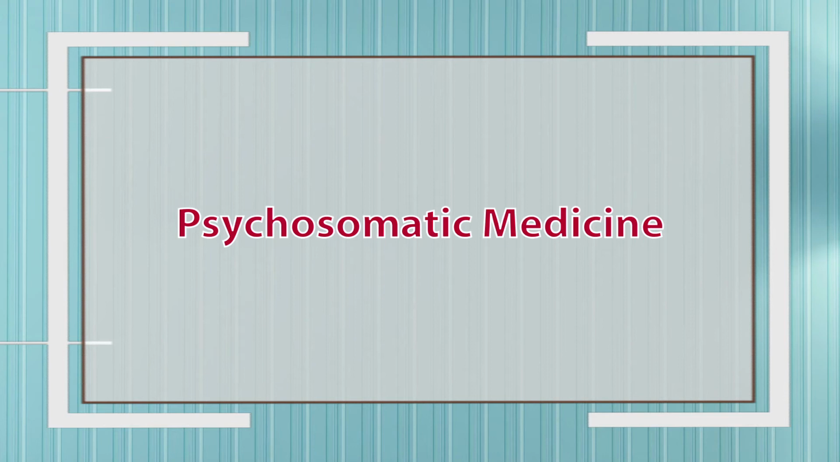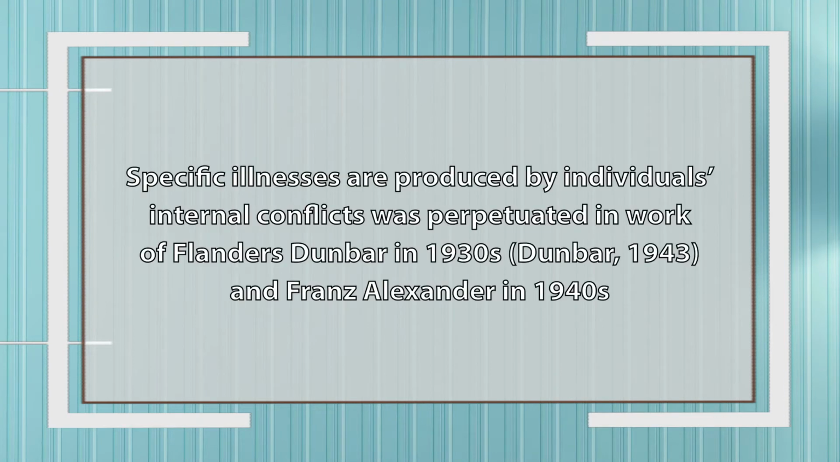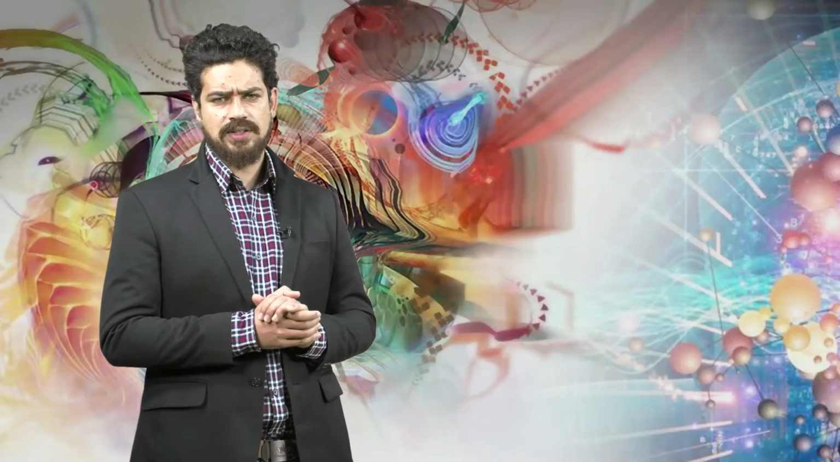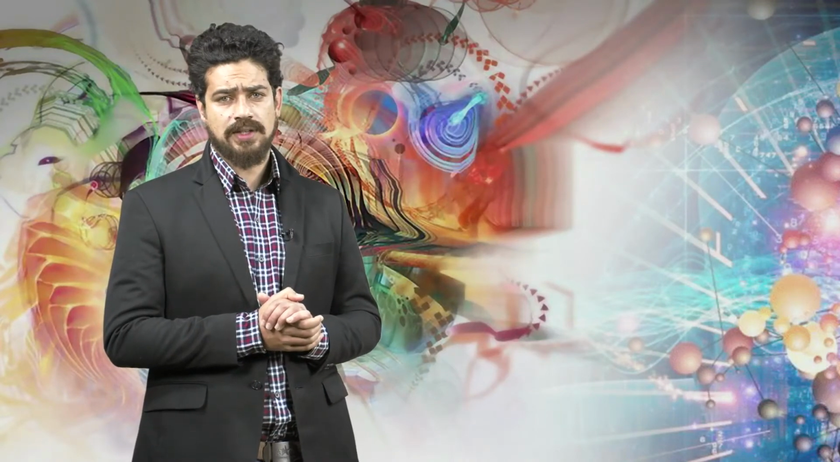Now we are going to talk about the field of psychosomatic medicine. The idea that specific illnesses are produced by individuals' internal conflicts was perpetuated in the work of Flanders Dunbar in the 1930s and Franz Alexander in the 1940s. Unlike Freud, these researchers linked patterns of personality rather than a single specific conflict to specific illnesses. For example, Alexander developed a profile of the ulcer-prone personality as someone whose disorder is caused primarily by excessive needs of